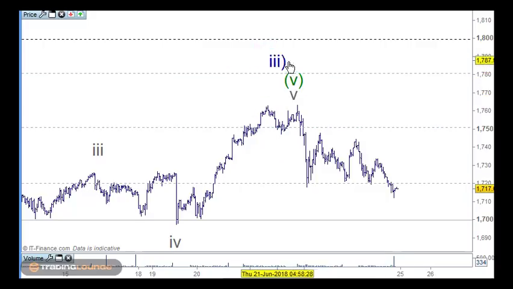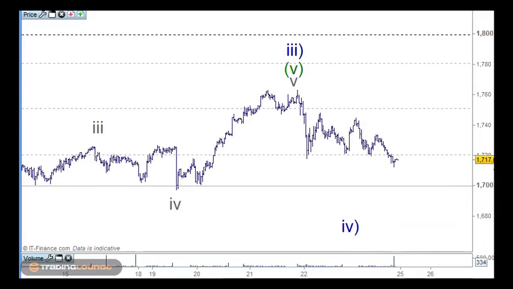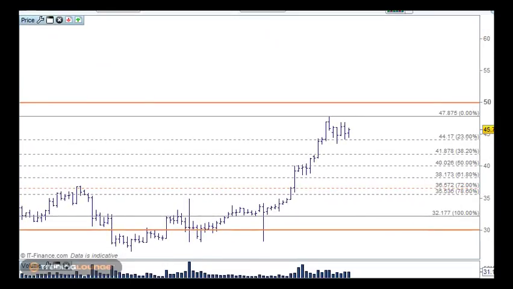So we're looking for this wave 4 to finish here, and obviously the 1700 area here. We're good, but there's no evidence of a move up just yet. So we want to get that first move up and then the pullback, and then we'll move into that. And one of my favorites on Twitter,